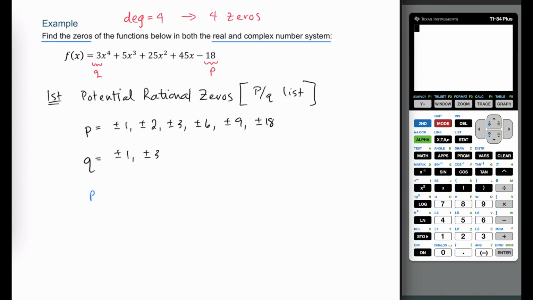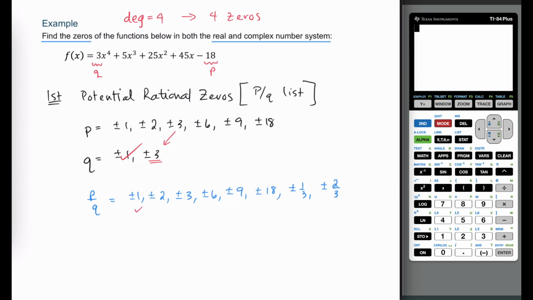In order to ensure that we get a complete list, we need to proceed in an organized way. We start with the first factor of Q, and we'll write every factor of P over that first factor of Q. Since that's all factors of P over 1, all the factors of P are going to be in the P over Q list. And then we move to the second factor of Q, and we're going to write all the factors of P over 3. So we get 1 over 3, 2 over 3,